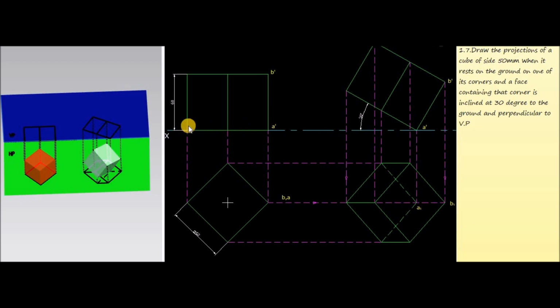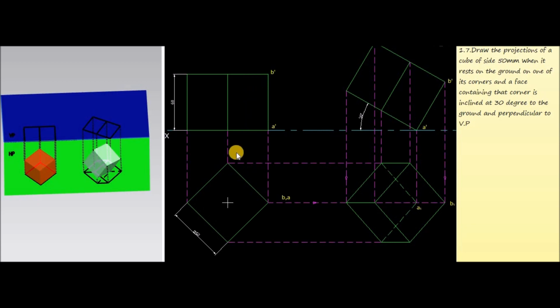Then mark the distance 60 mm, because this is a cube, so the height of the cube will also be equal to the side length, 60 mm. Then mark the corresponding corner projections. So here the bottom corner represents A dash and the top corner represents B dash. Then join all these corners, we will get one rectangle, and this rectangle will give the front view corresponding to